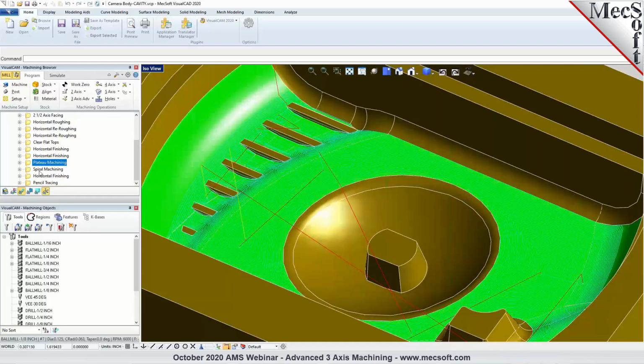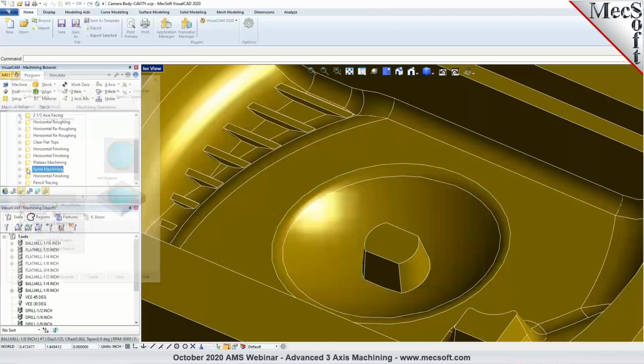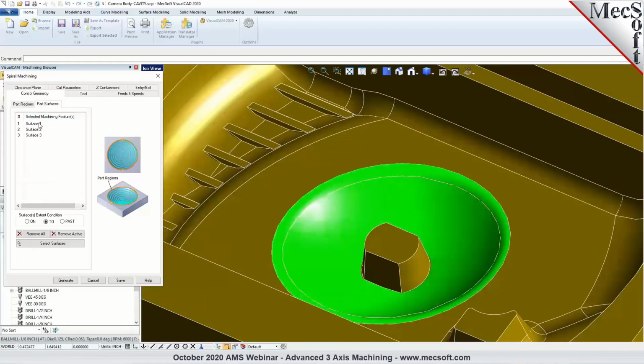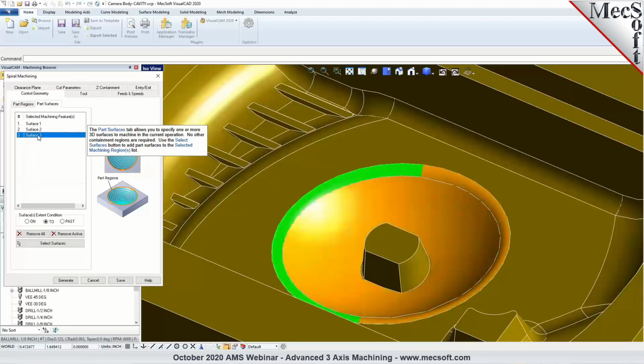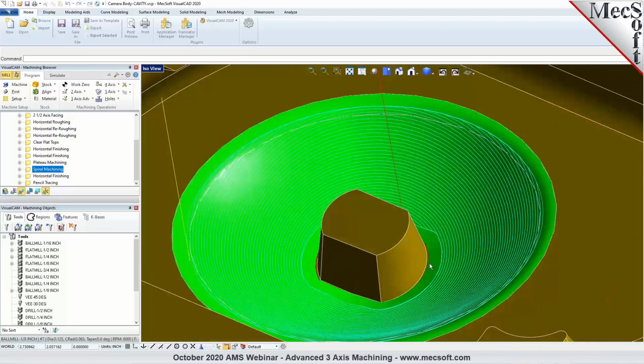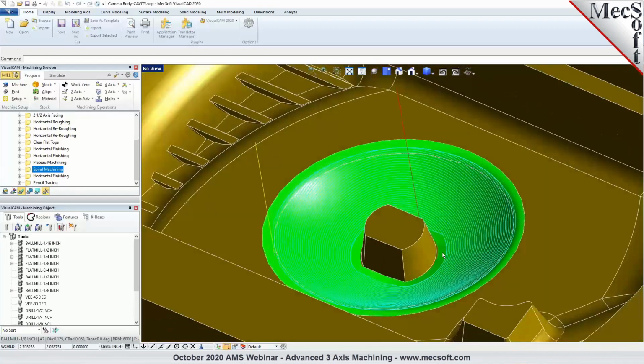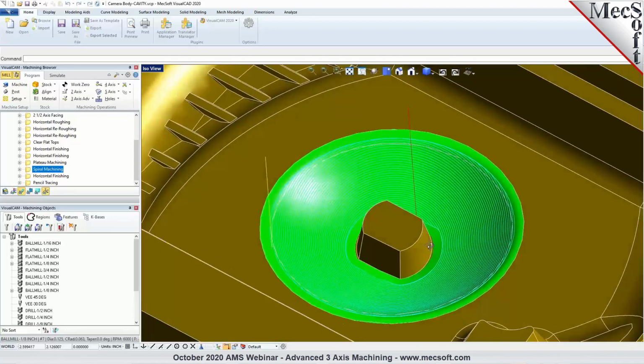Now, we talked about spiral machining earlier in the webinar today. You can either select a part region, or in this particular example, I've chosen part surfaces. So you could select one or more surfaces, and I've chosen the surface extent condition in here to 2, which means the cutter will stay completely inside of the surface edge boundary. So you can see it stays completely inside, so it's not touching, riding along these steep walls. The cutter stays completely enclosed or within the surface edge boundaries in here when you set the surface extent condition